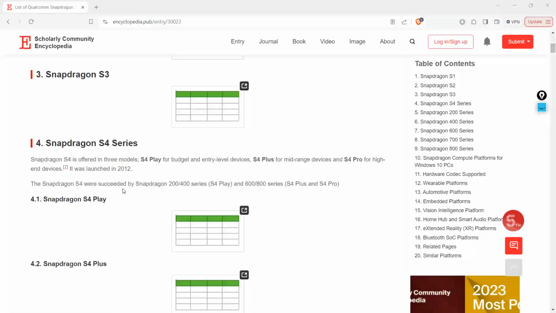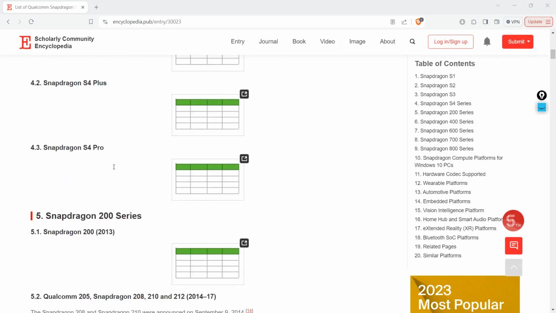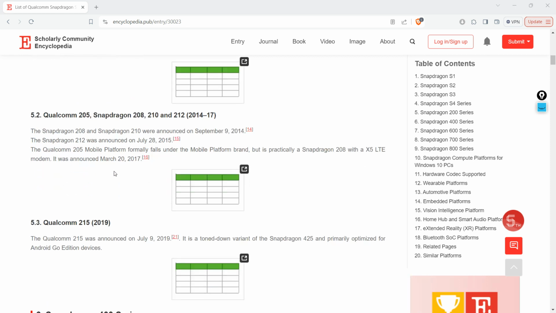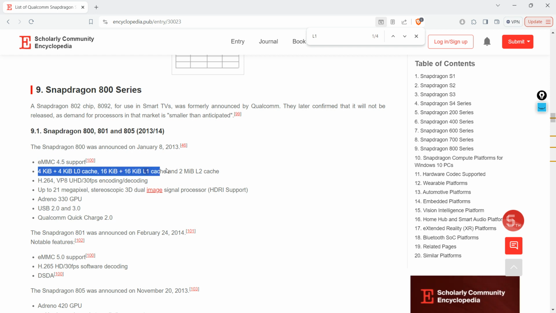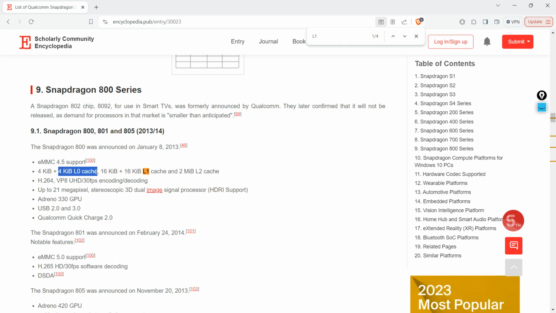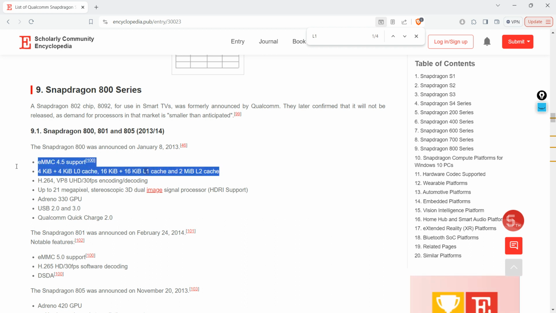So you guys might have heard about something called L1 memory, L2 memory, L3 memory, and so on. If you see here what it says, 4 KB memory, and then there is a 16 KB memory, and then there is a 2 MB memory. So you might ask me,